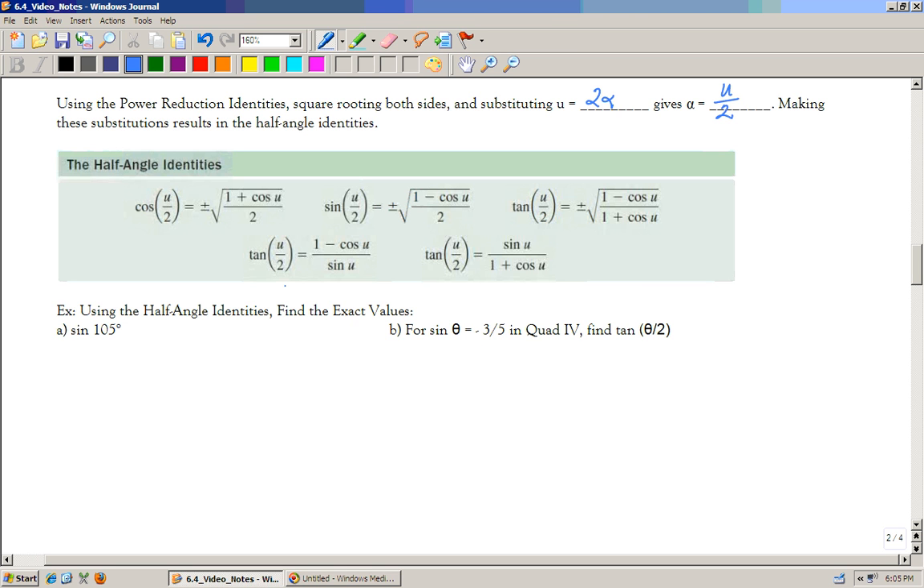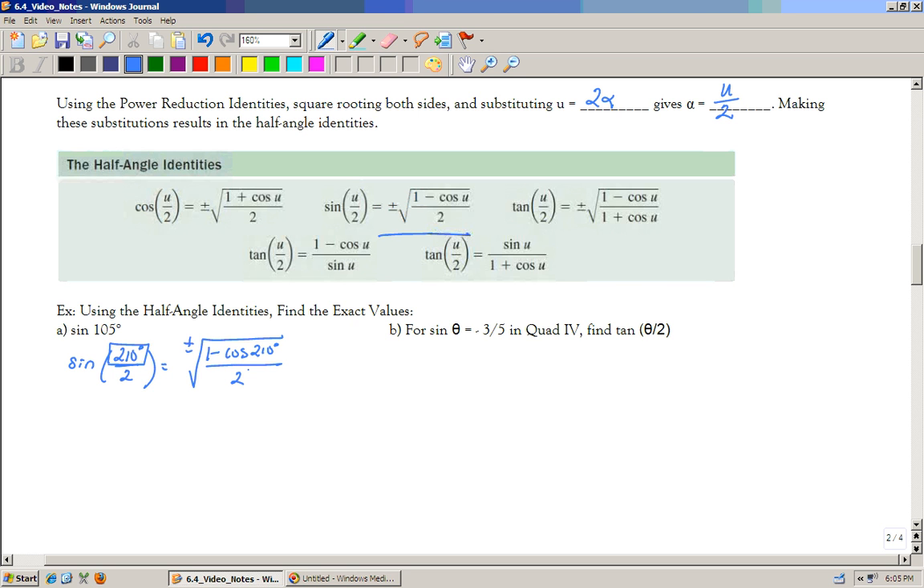Looking at these examples, if we're doing sine of 105, we don't have a nice neat answer for 105, so we can change this to being 210 divided by 2, which is the same as 105. So we do have a half angle formula for sine. We can plug in with plus or minus the square root of, right up here, 1 minus cosine of our angle, which is this 210 degrees,